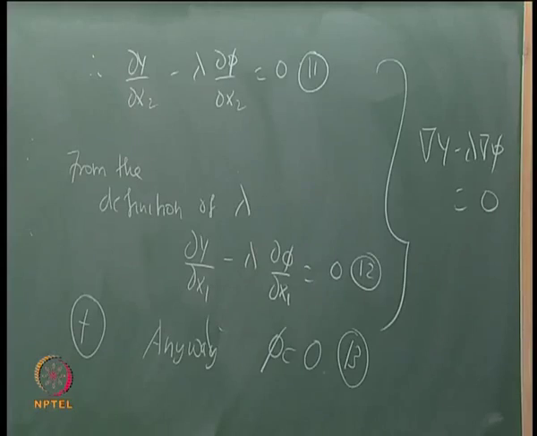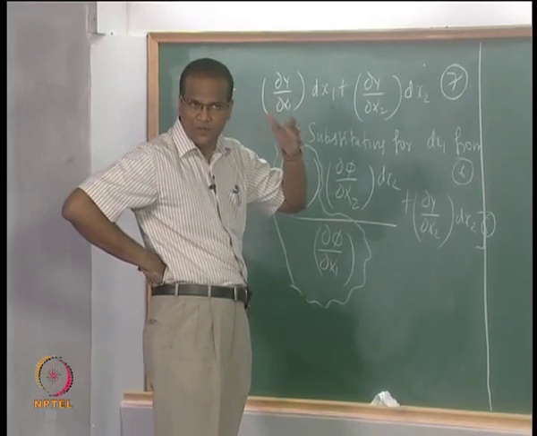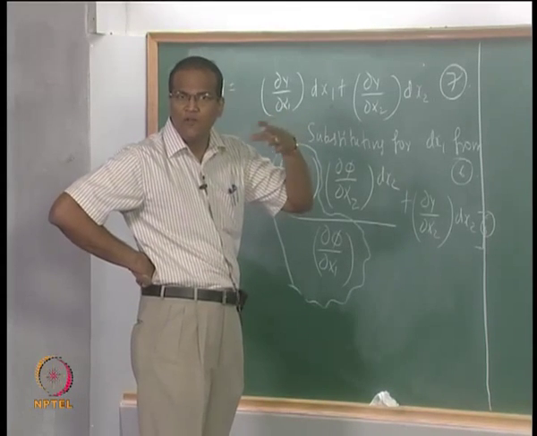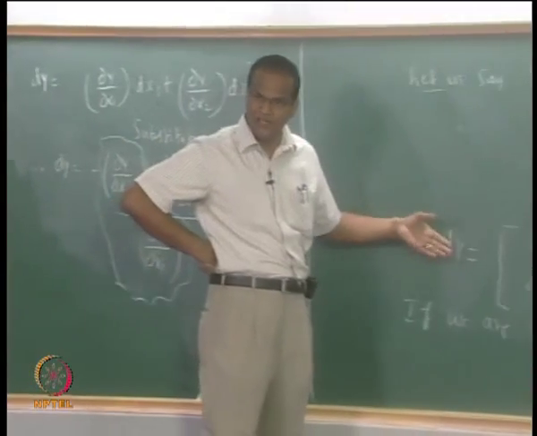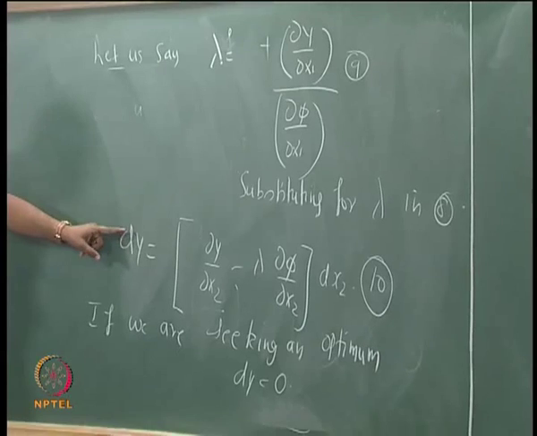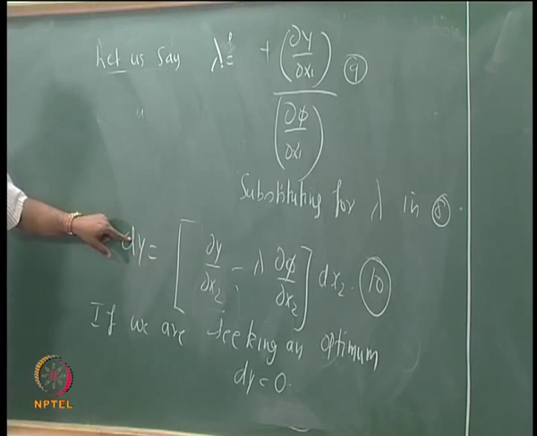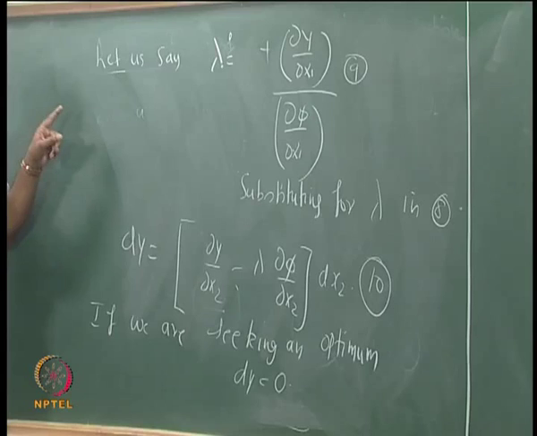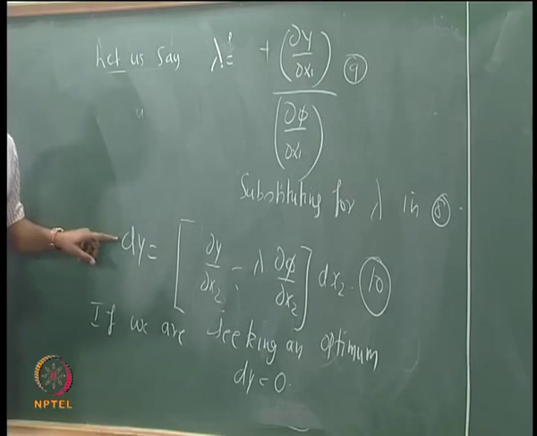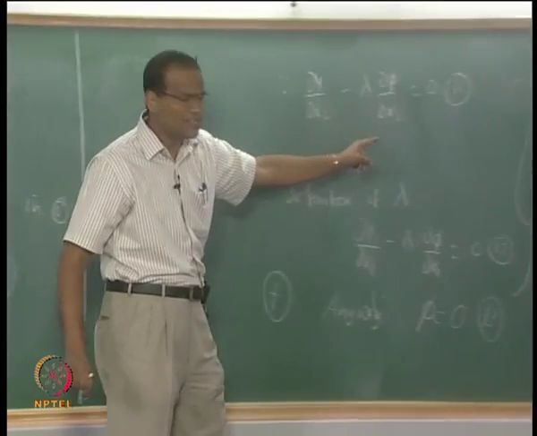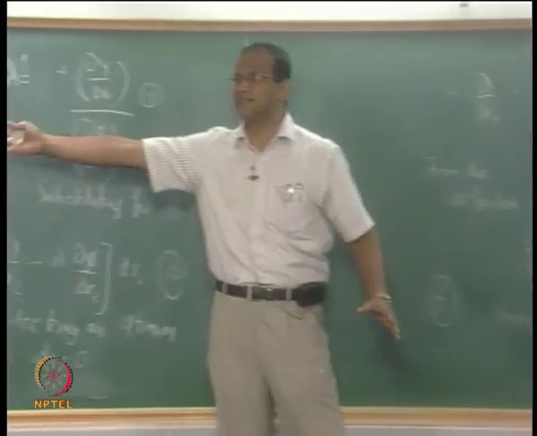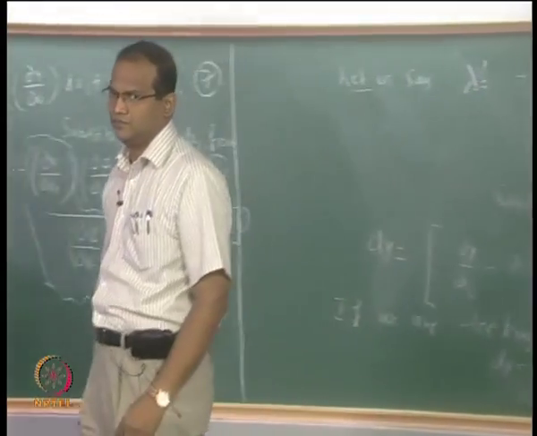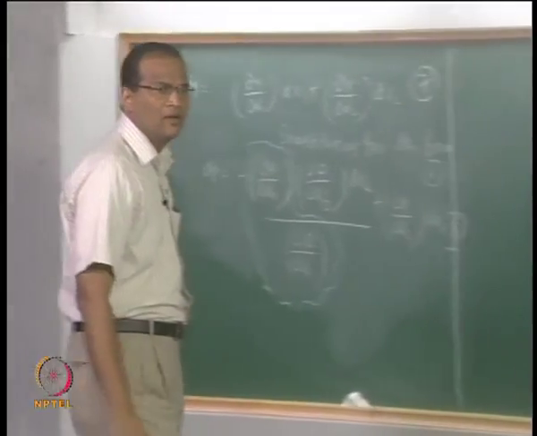So what we are trying to say is, if you have a constraint phi equal to 0 and you are trying to move from the constraint, d phi, and you make d phi equal to 0 and then get an expression for the differential dy and make it 0, which means you are essentially trying to maximize or minimize y subject to the condition that phi is equal to 0. So mathematically, making d phi equal to 0 and dy equal to 0 is analogous to solving the set of equations which turn out to be like this. Therefore, if you are solving this, you are essentially solving that, alright, fine.